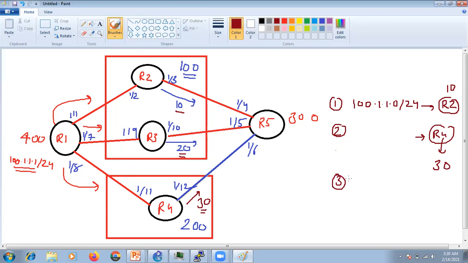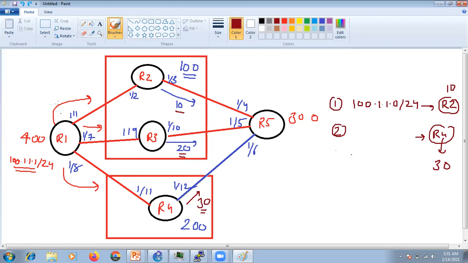Now, let's say R3 did not send anything yet. At R5 we receive two updates. The very first update we received from R2 with a metric value of 10, and then R4 sends the same route with a metric value of 30.